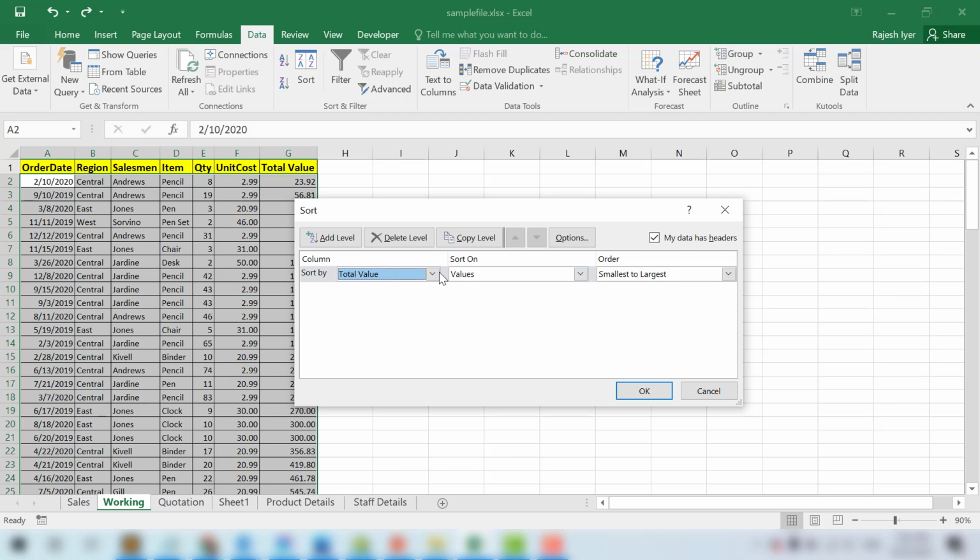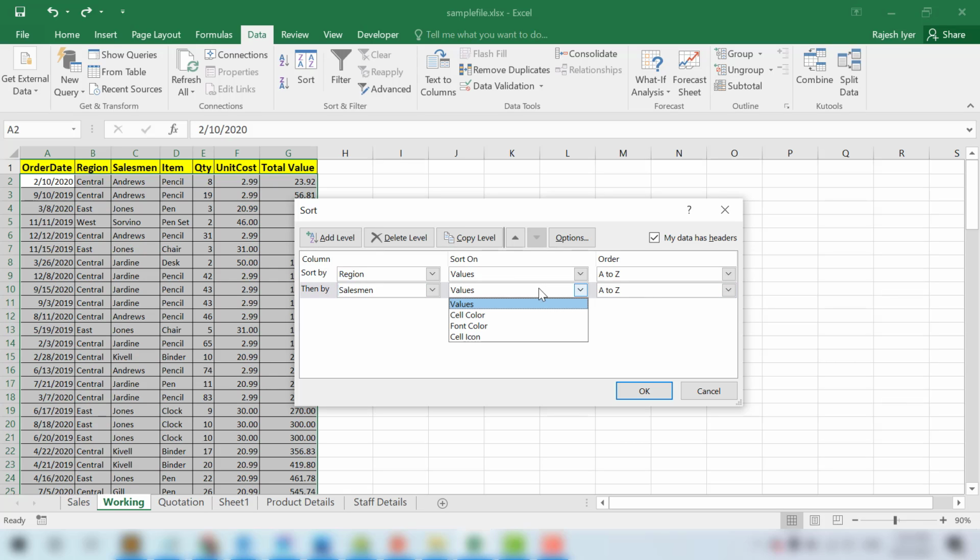So now it says Column. You can select the column which you want. The last column that we had sorted was Total Value, so it is coming in by default. So I can say, okay, Region I want to sort first, like all Central, East, West, and all those regions that are appearing. I want them sorted first. And then I can click on Add Level and select which other one I want, the salesman. So I'll click on Salesman. For Region, I want it based on values, sorted from A to Z. And then Salesman again based on values, sorted A to Z.